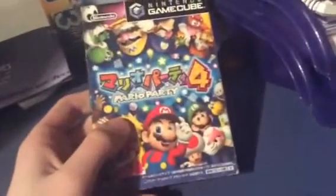I used to own the European version of this game, but I sold it online, so yeah. Found this online for a pretty good price. I mean, Old Classic Game was mentioning that Akiba Games sells cheap games, and this was one of the games I bought for it just because it was cheap. So yeah,